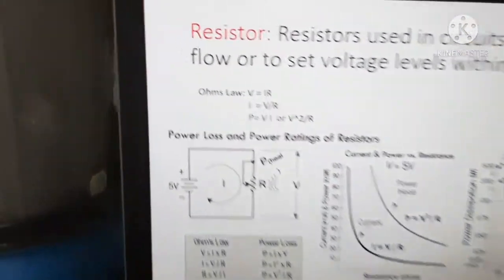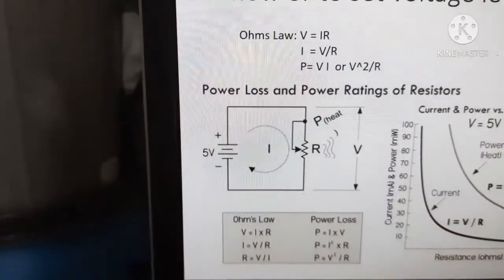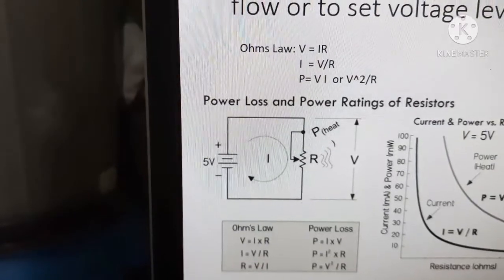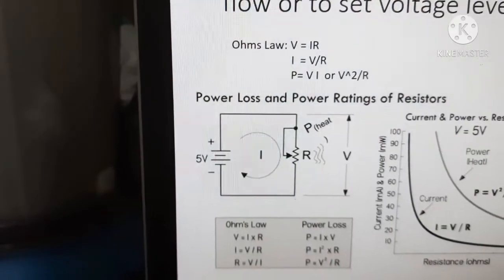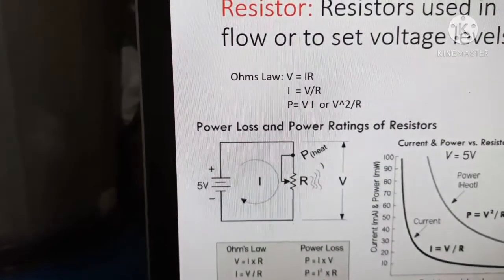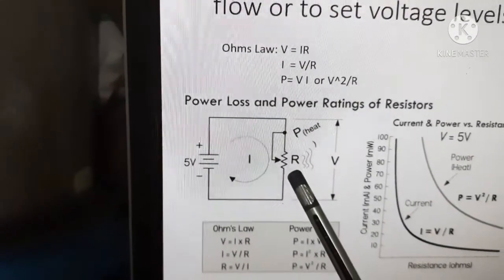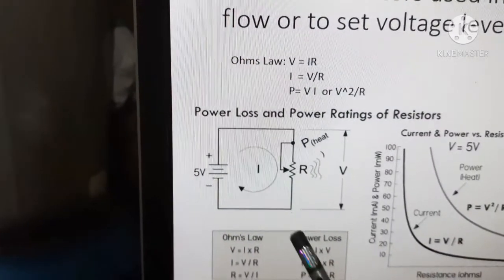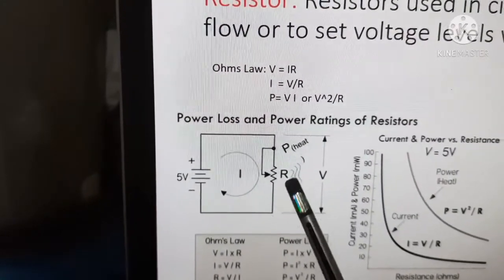First of all, we need to understand what is a resistor. So resistor is a simple element which is used to limit the current flow, or it is used to set voltages in the circuit. Now we will see how the resistor will dissipate power and how the current flows through the circuit when it is having a resistor. Here you can see a voltage source and you are having a resistor. The current is flowing through this. When current is flowing through this, you will see a voltage drop across this and power dissipation.